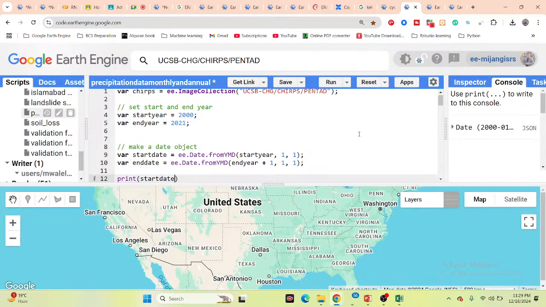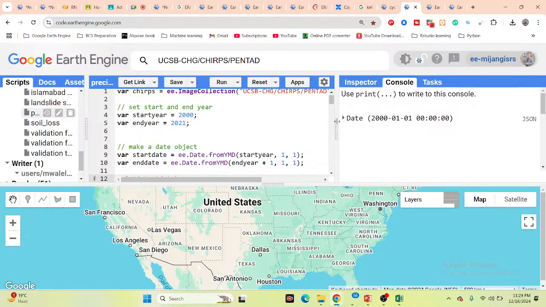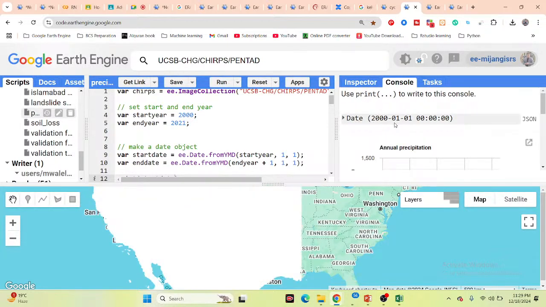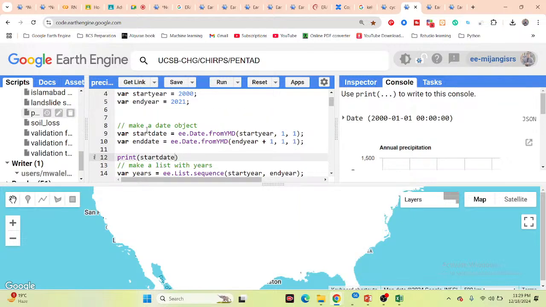You can see it prints the date object. It starts from 1st January 2000, and if I just print the end date, just go